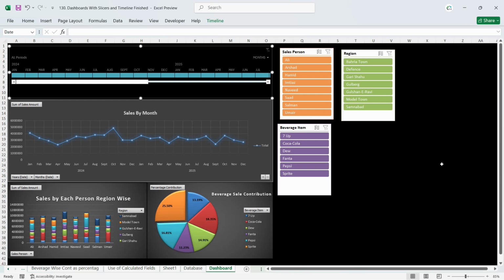The fourth benefit is cross-platform and integration. Tableau connects with a wide range of data sources, including big data platforms and cloud databases, whereas Power BI is best at interacting with Microsoft products like Excel, Azure, SQL Server, and so on. So when dealing with big data sets or big data applications, Tableau connects best with them. And that brings us to the fifth point, which is the storytelling features. Tableau has built-in story points that let you present the data in a narrative sequence,